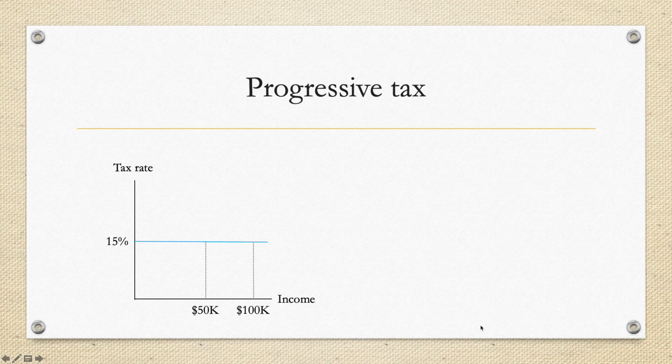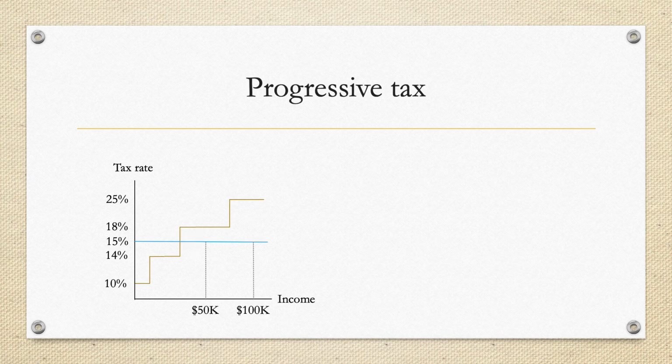However, for the US, the income tax is a progressive tax system. What that means is that there would be different tax rates depending on the income that you have. For example, maybe the first $10,000 is subject to a 10% tax rate, and then from 20,000 to 30,000, it will be subject to a 14% tax rate, and then from 30,000 to 50,000, it will be subject to an 18% tax